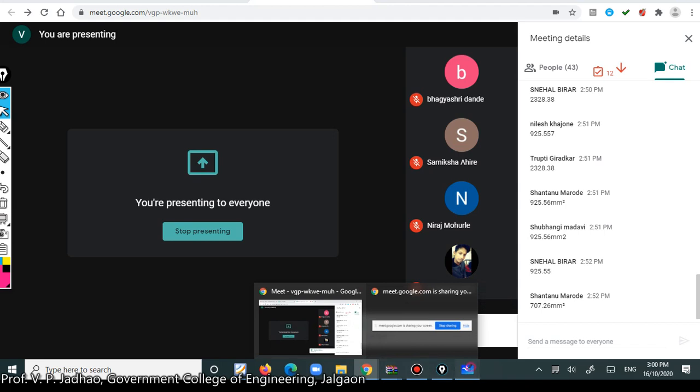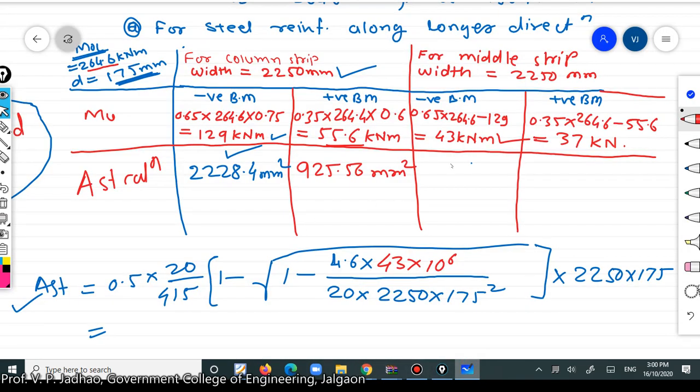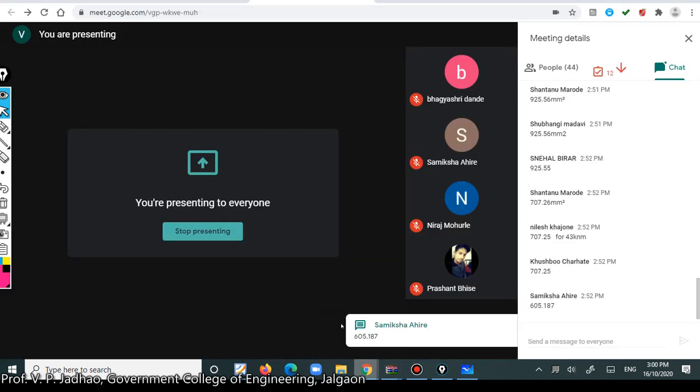707.26, yeah, 706. So AST comes out to be 707.25 mm square. And for the last, just put this value of Mu as 37 kilonewton meter here. Just put this value as 37 into 10 raised to power 6. So you will get some value of steel reinforcement, that is